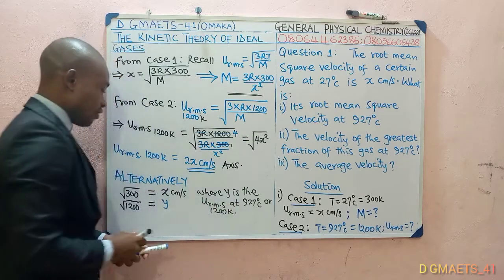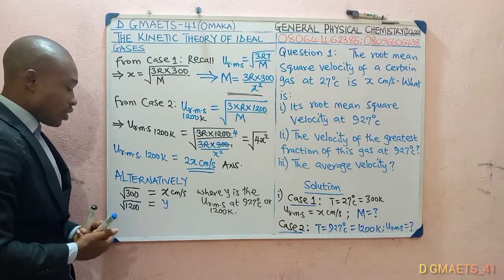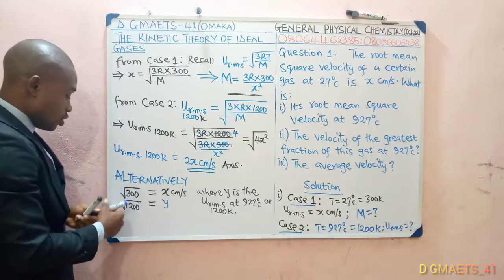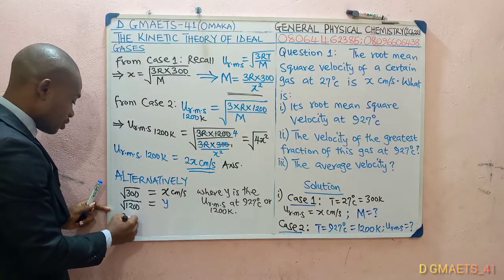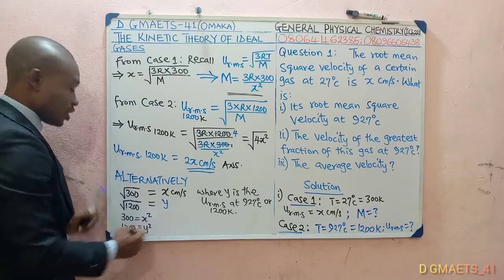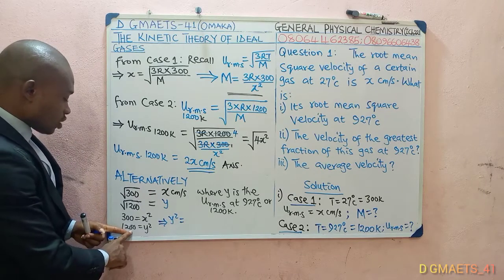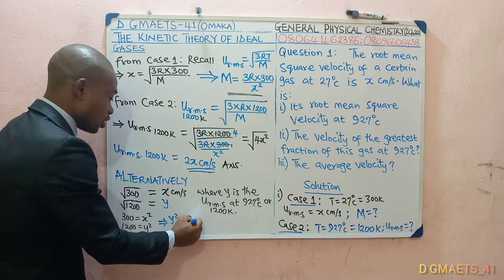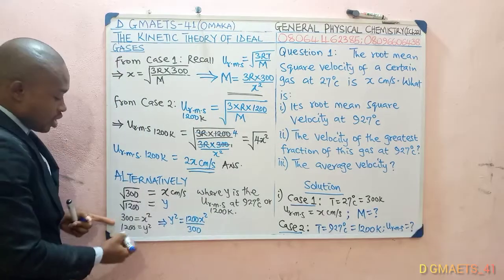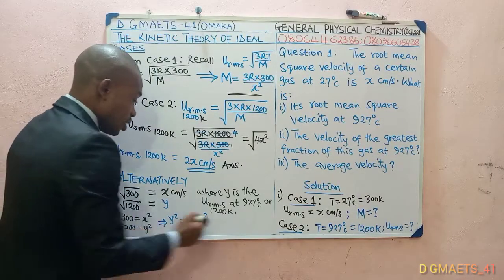Now coming to this, you can do cross multiplication. But without cross multiplication, why not take the square of both sides, you know? To remove this square root, you get 300 equal to x squared, and then 1200 equal to y squared. Is that not so? Then making y squared the subject of the formula, that's going to give us 1200 times x squared divided by 300. Are you seeing that, right? Because at this point you're meant to cross multiply. Okay, with this 300 will divide this. It implies that